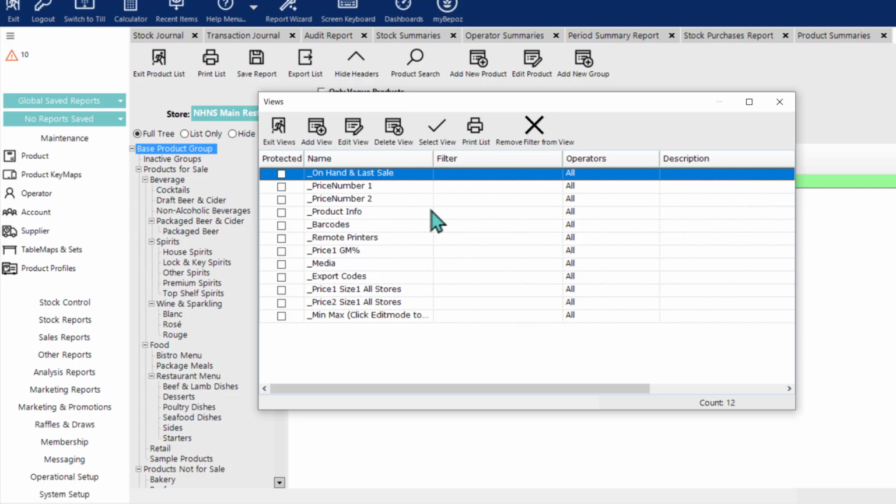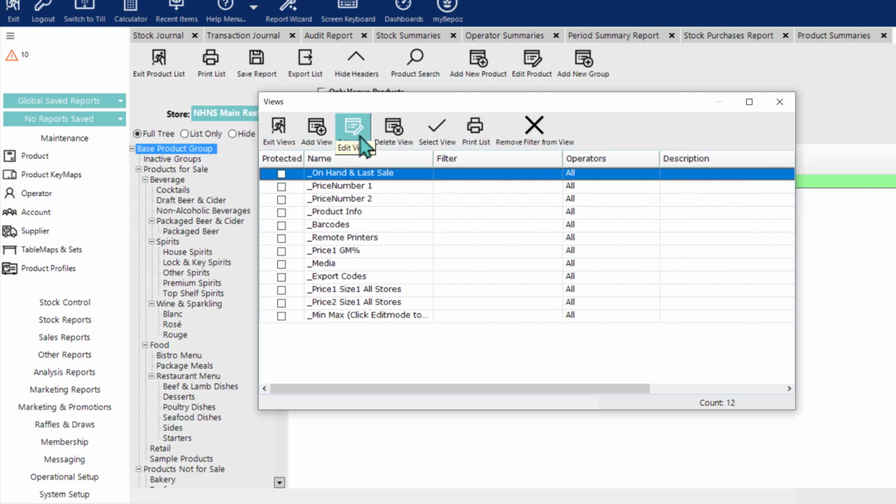Now, as far as actually customizing these views and selecting the data from the datasets to determine the columns of data that are going to be returned, it isn't all that difficult once you get some practice with it and understand the options. We do have a button at the top, you can see, to add a new view from scratch, but it's probably going to be easier to demonstrate all of this by showing you one of these existing views, since the same principles will apply whether we're editing an existing view or adding a new one. So if I have one of these highlighted,